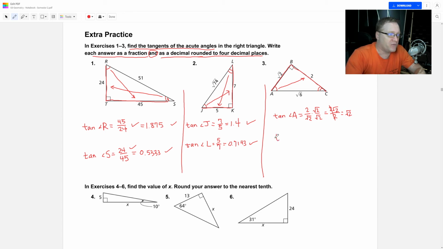Then we also want to find the tangent of angle C. Again, the top number is the opposite side, which is square root of 2. So this is just going to be square root of 2 over 2. And that's the answer there. Now we also want to write decimal point form. So I'm going to do that real quick. We got the square root of 2, and that equals